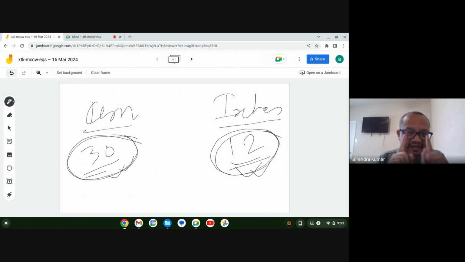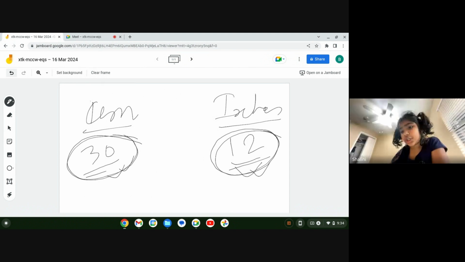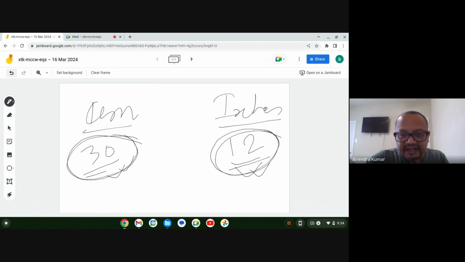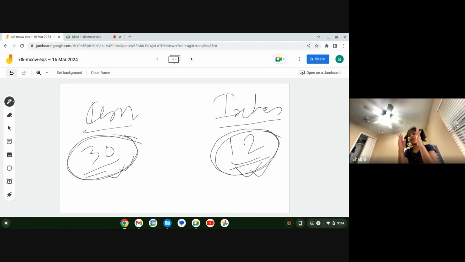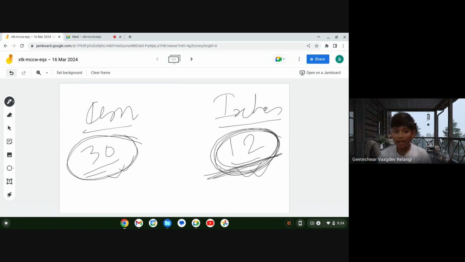Which one is bigger? Is the inch looking bigger or the centimeter looking bigger just by seeing the scale? Inches. Inch is bigger, right? Because it has a lot of space. Yes, correct. Like fractions. Yes. So that is why less number of inches. If you want to be exact,